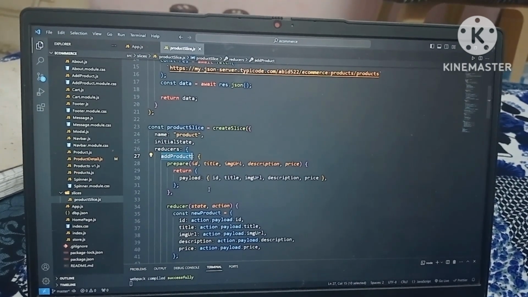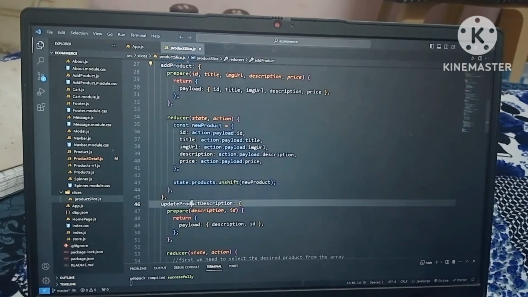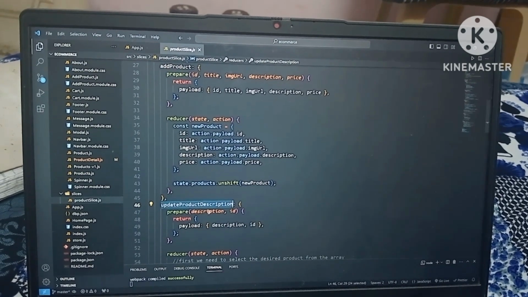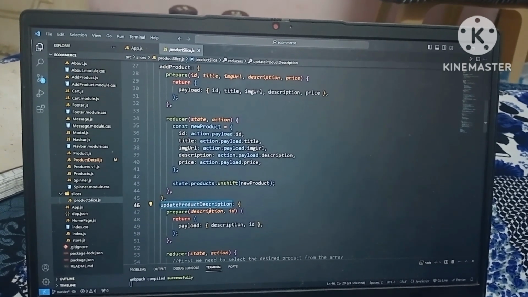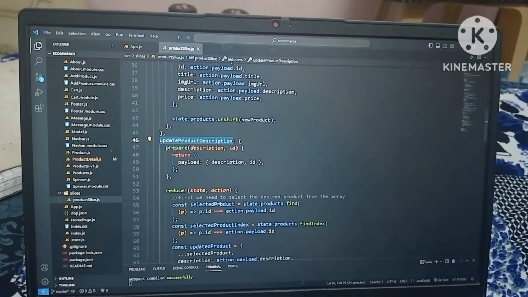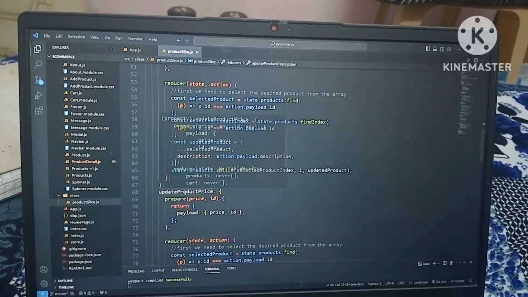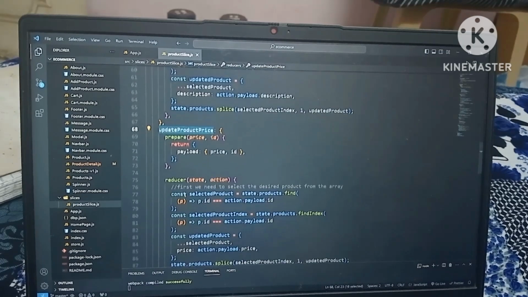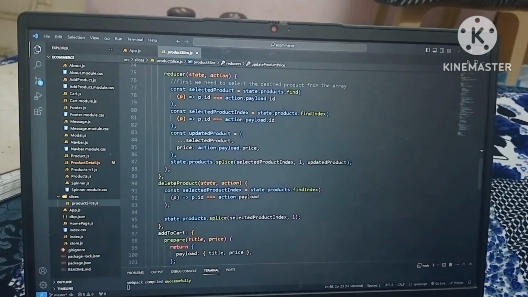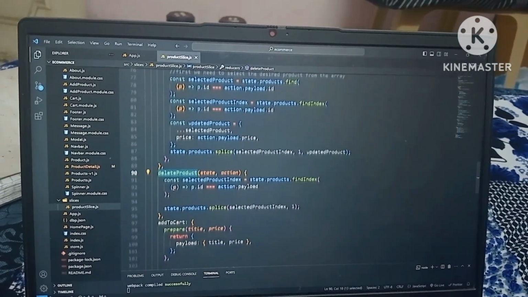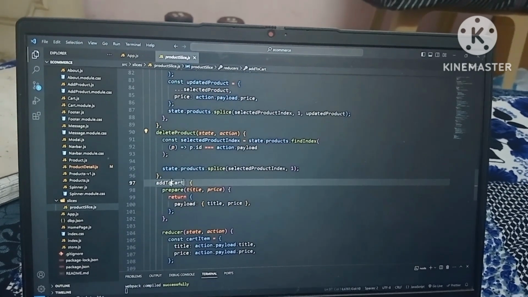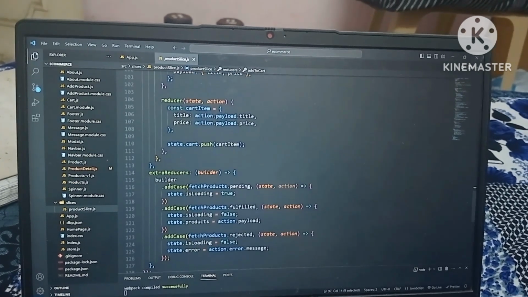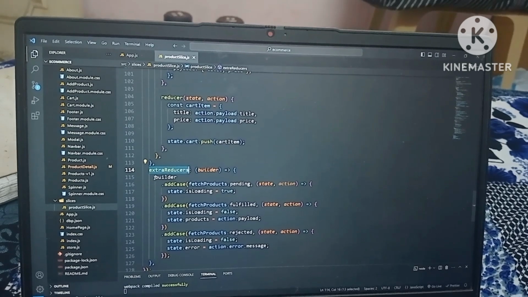Add product is there. Then we have update product description where we can update the description and the ID. Then we have update product price also. Then we have the delete product reducer, and then we have the add to cart reducer, and these extra reducers are for